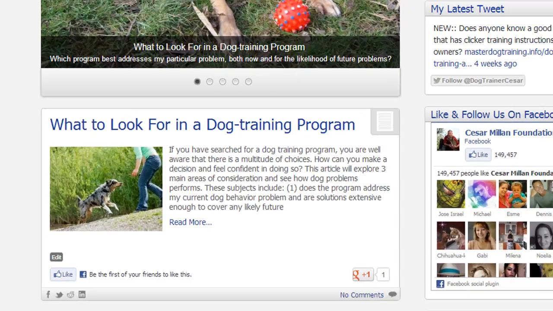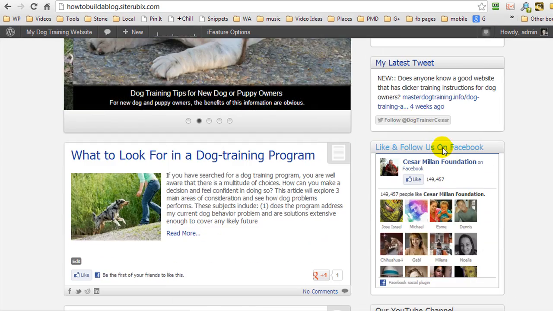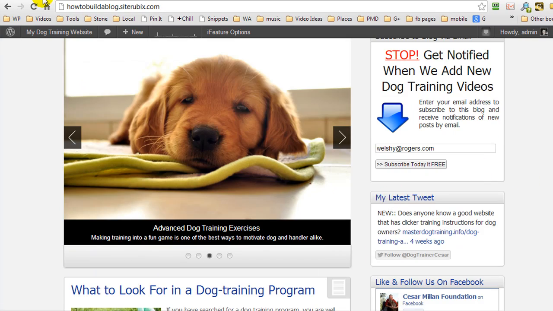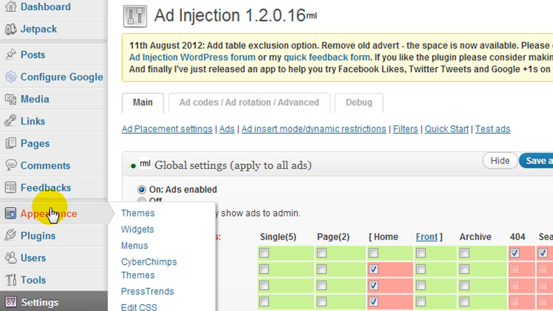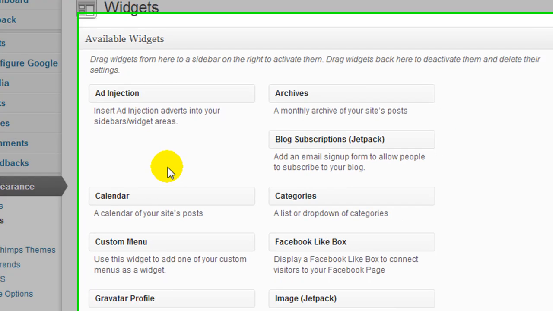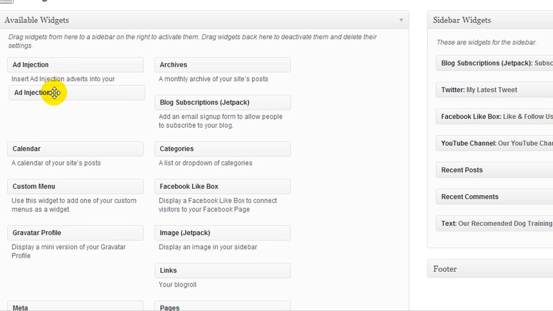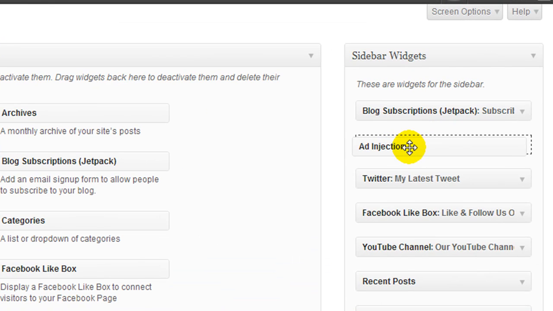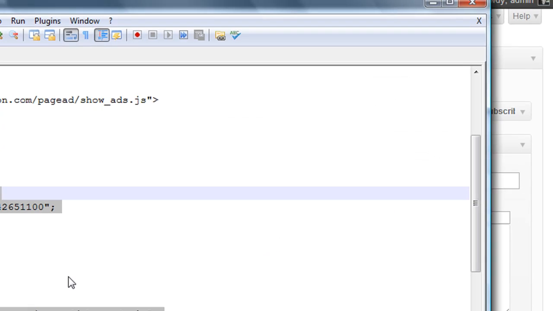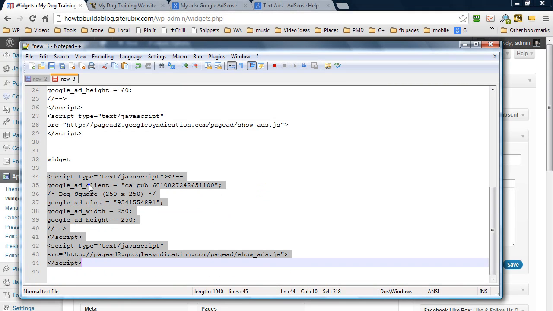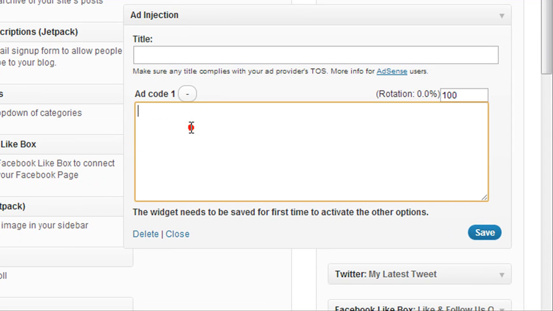So next I want to insert some AdSense in my widget area. So we'll put it below this subscribe to blog widget. To do that, we are going to navigate away from here and click on widgets. And because we've activated this plugin, we now have a new thing here called Ad Injection, and we're going to drag it over to where we want to place it. But first we need to go and grab the code that we generated, and it was this one here, the square. So I'm going to right click and copy, come back to my blog, and I'm going to Control V